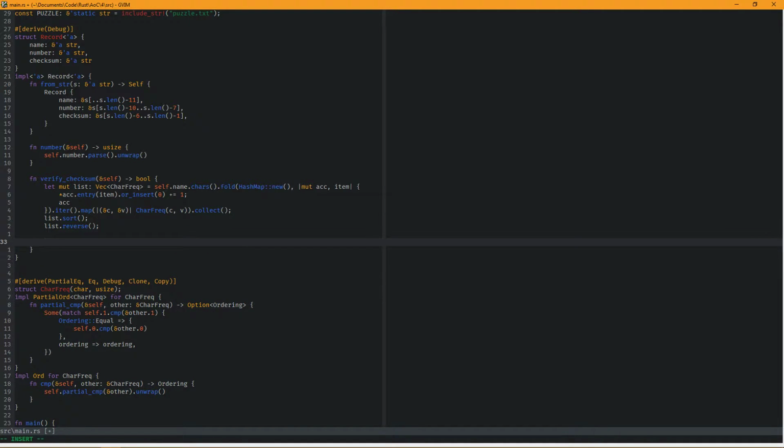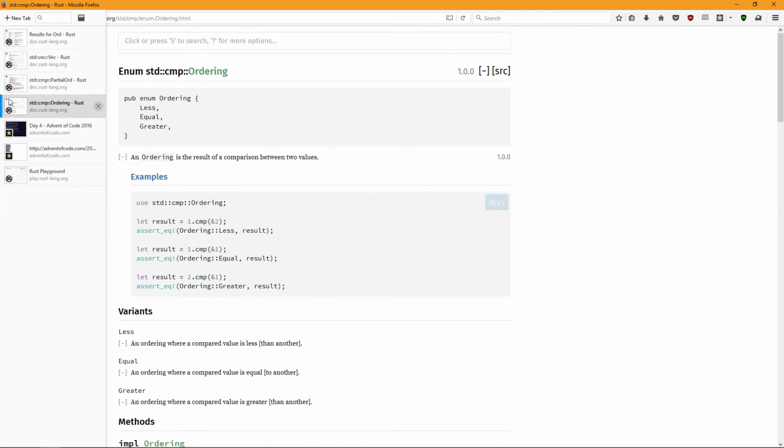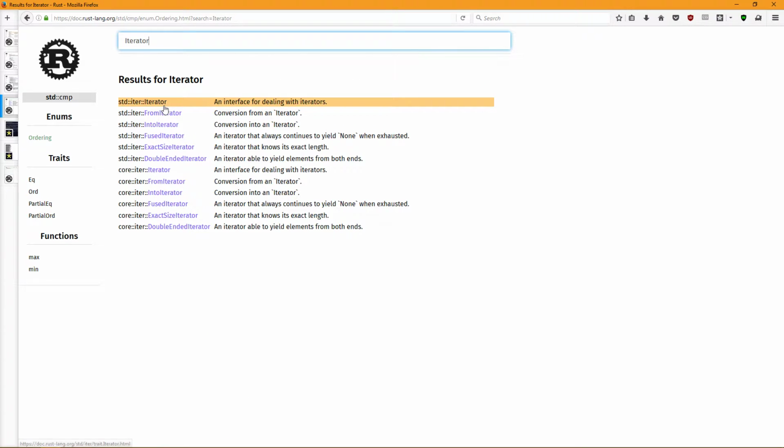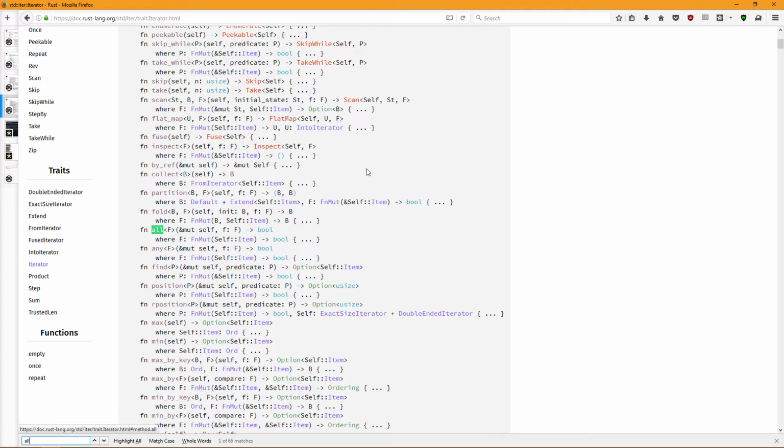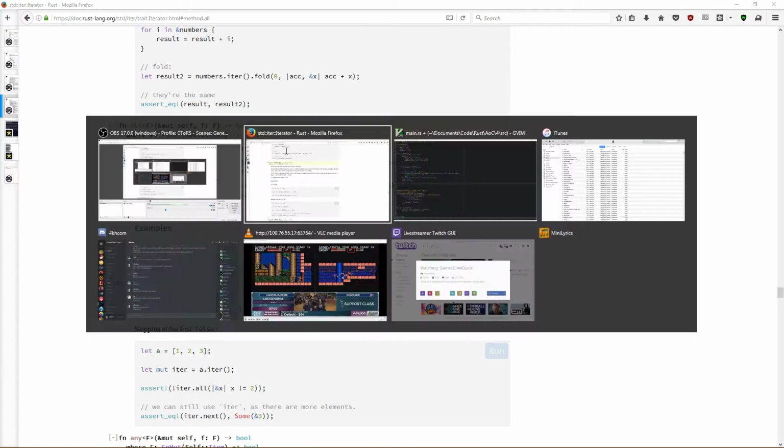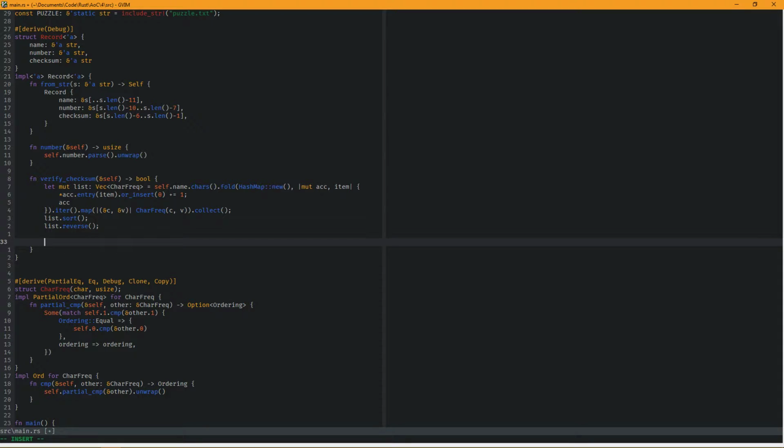And then what we care about is called all. It's an iterator adapter. Is it stable? Apparently so. Apparently it's stable. Awesome. So all we need to return here is checksum dot zip, checksum dot cars dot zip with list dot iter